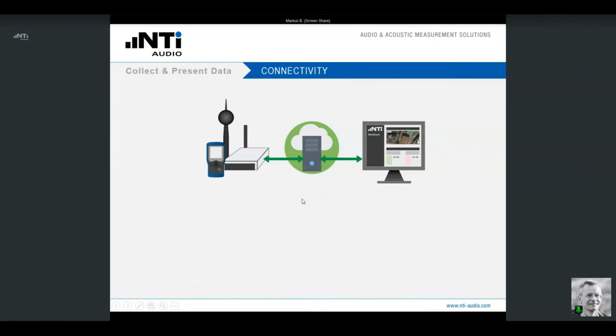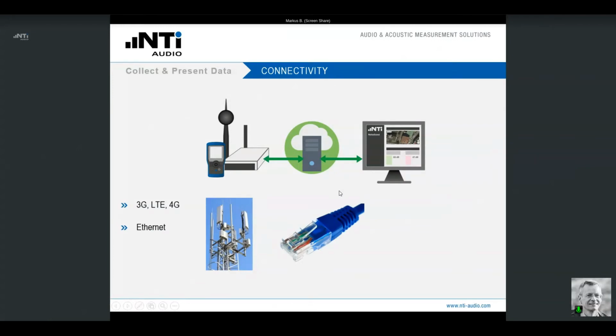But first you have to, of course, take care that the noise monitor is connected to your PC. This is typically established via the internet or a cloud server. And on the technical level, you can do that via mobile data, be it 3G or LTE or 4G network. If a LAN network is available in the vicinity, you can also connect the noise monitor via an Ethernet cable, or as a third alternative, you can use a Wi-Fi network, suppose it's available where the noise monitor is located. Our system would support all three methods.